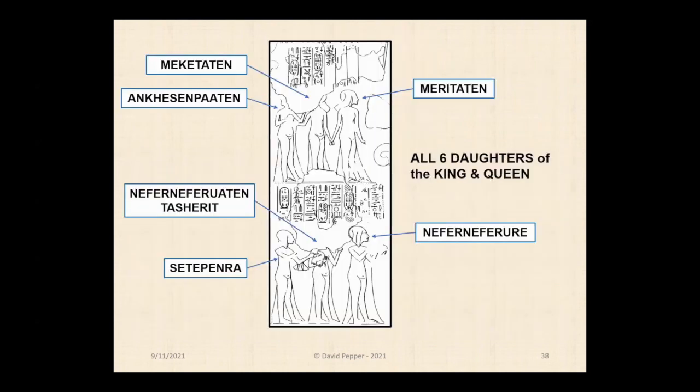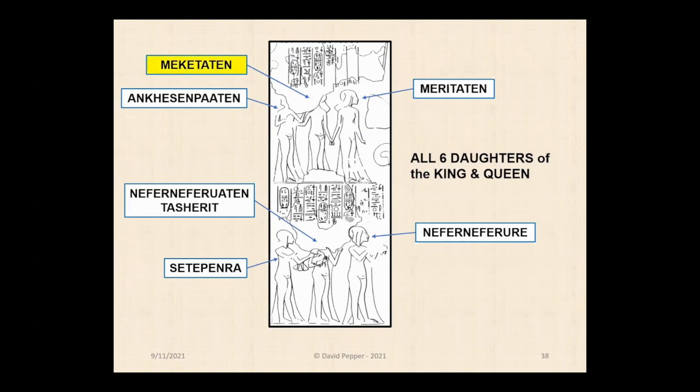This is a closer view of Akhenaten and Nefertiti's 6 daughters standing behind them at the Durbar. It's the only tomb scene in Amarna where all 6 daughters are shown together. Unusually, their ages are not indicated, as in other tombs each younger daughter is shown smaller than her older sister. Here, they are all depicted the same size. Better preserved in earlier drawings, the names and actions of each daughter were recorded before Davies made this sketch.